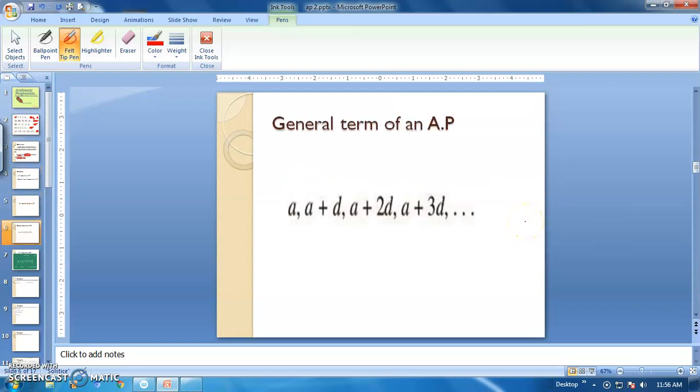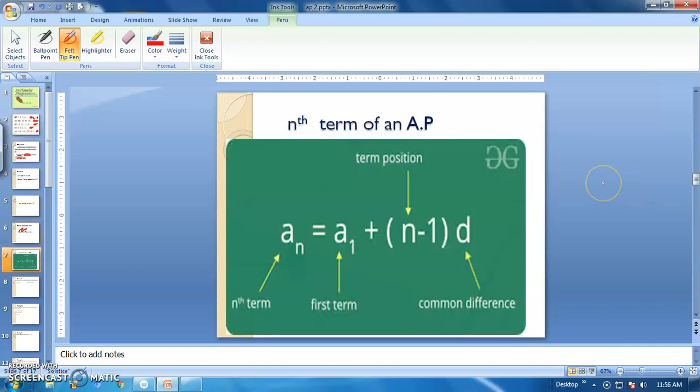So look at this, this is the general form of an AP, where A is nothing but the first term of the AP. The second term can be obtained by adding the difference. The difference here is denoted by D, therefore when we add it to the previous one we will get A plus D. And next, the third term can be obtained by adding the same D to this term. So A plus D, A plus 2D, and A plus 3D. It keeps going on like this.